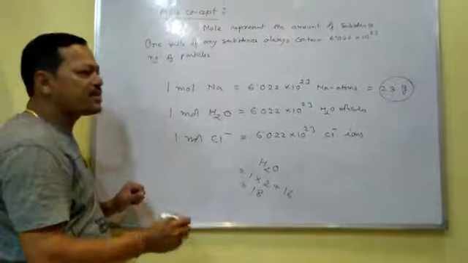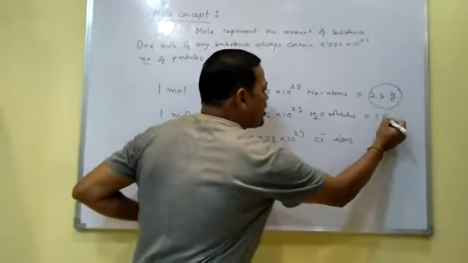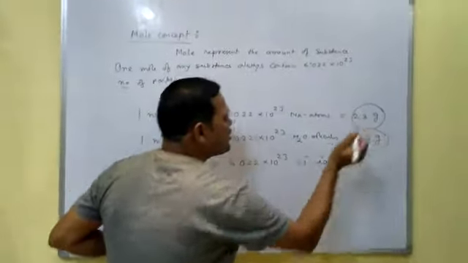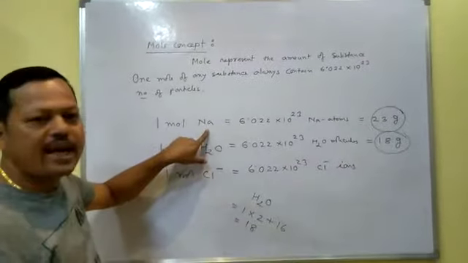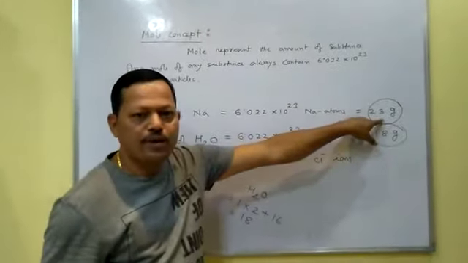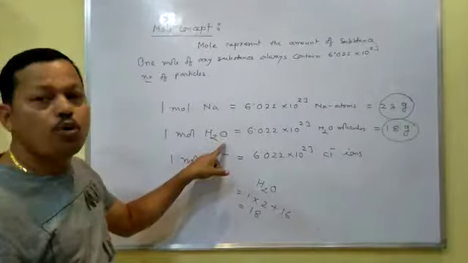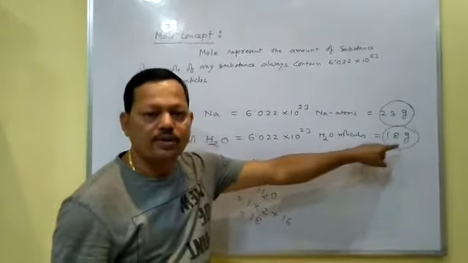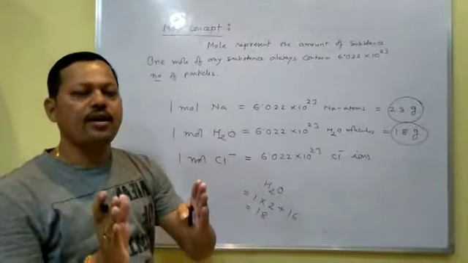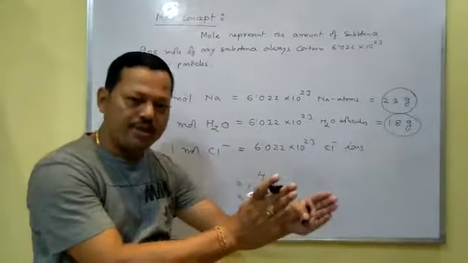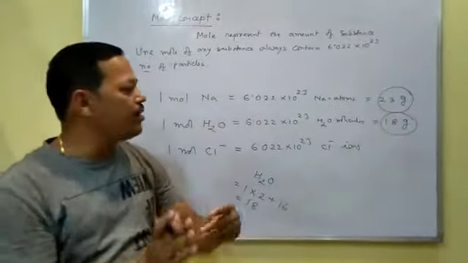So 1 mole of water means it contains 18 gram. That means if the substance is an atom, you take atomic mass, and if the substance is a molecule, you take molecular mass. So 1 mole of any atom contains its atomic mass, and 1 mole of any molecule contains